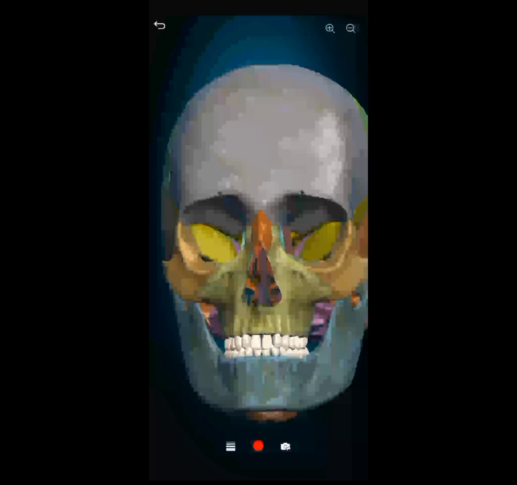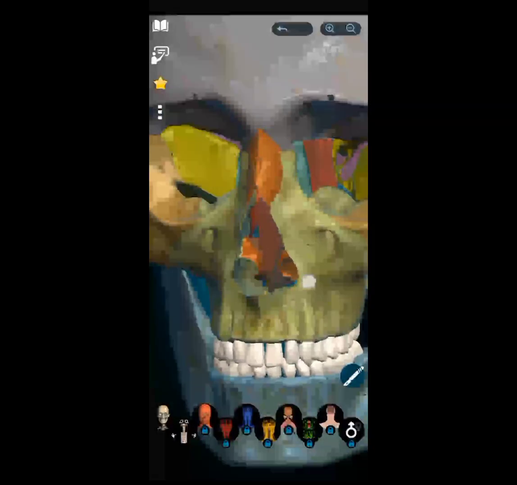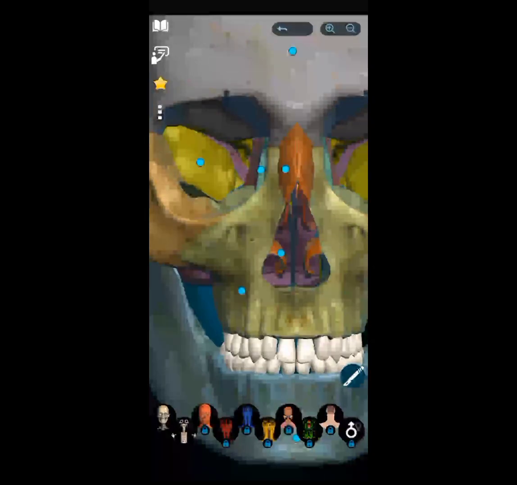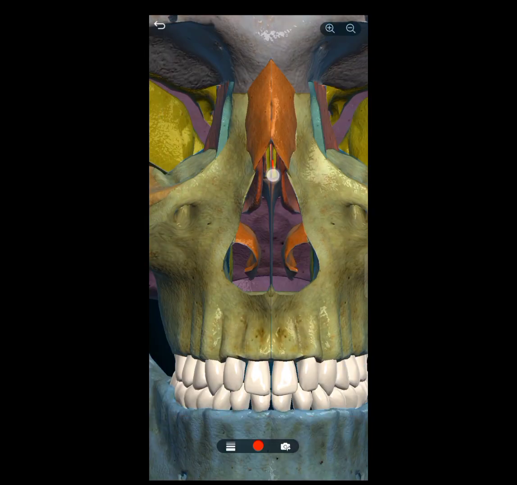While two nasal bones articulate with each other at the midline and form this nose bridge. The two nasal bones along with the maxillary bone form the anterior nasal aperture. While this nasal cavity is divided into two parts by this midline septum, which is also called the nasal septum. This nasal septum is formed by two types of bones, one is the vomer bone and the other is the ethmoid bone. The perpendicular plate of the ethmoid bone forms this nasal septum.